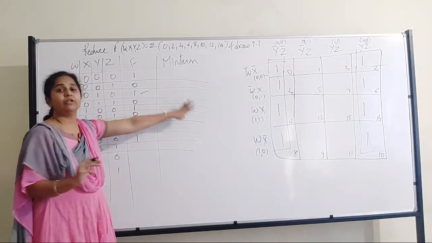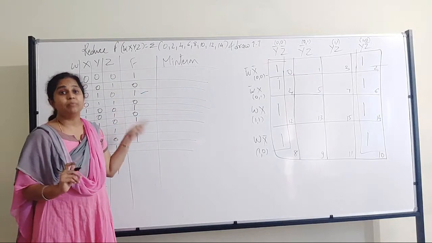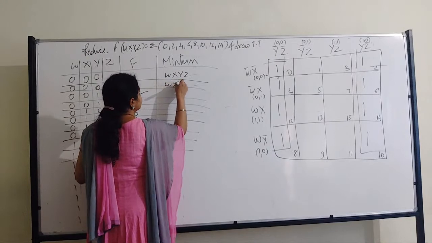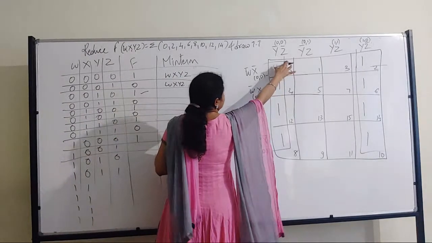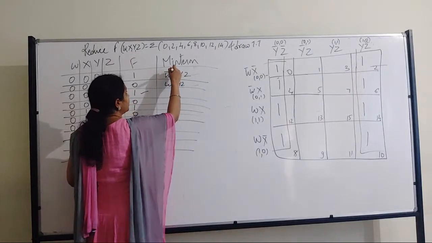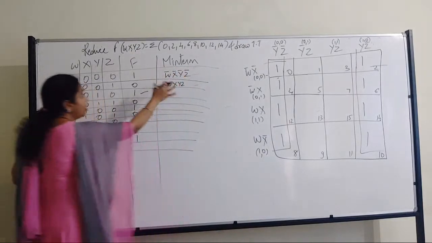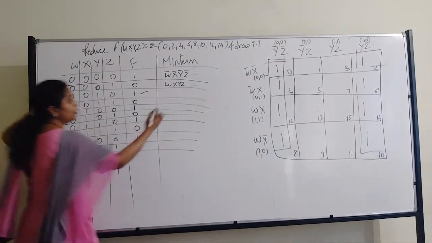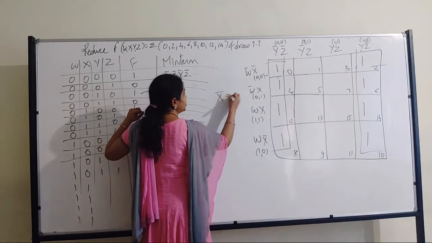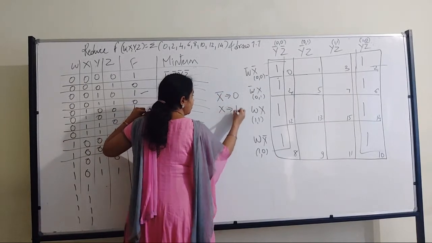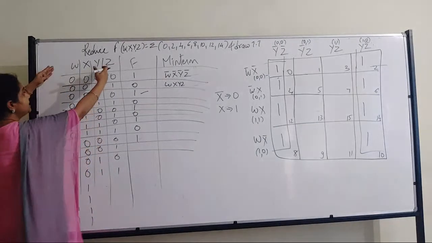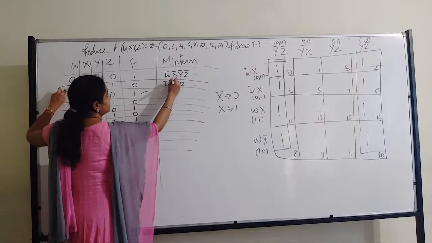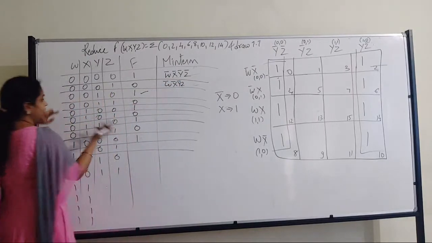And then just for the reference, we have to show the min term of this expression. So how do we write? Very simple. What is this representing? W negation, X negation, Y negation, Z. Or if you are confused with that, look here. 0, 0, 0, 0. You all know in the min term, if we write X negation, it is 0. If you write X, it is 1. Right? So you can even see this chart and you can write. So 0, 0, 0, 1.